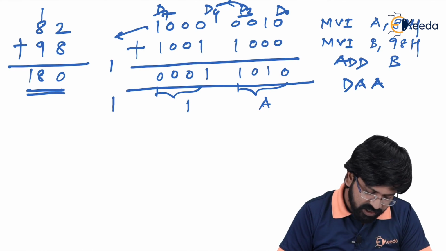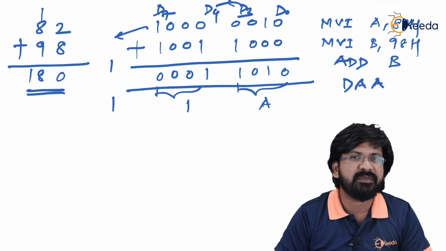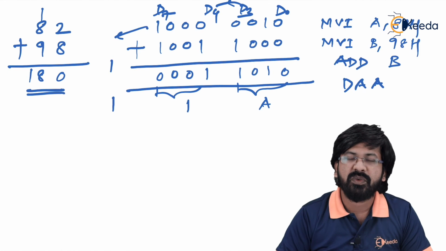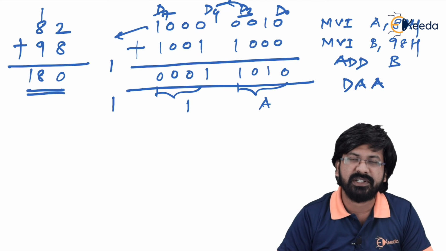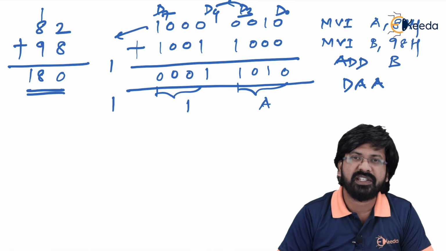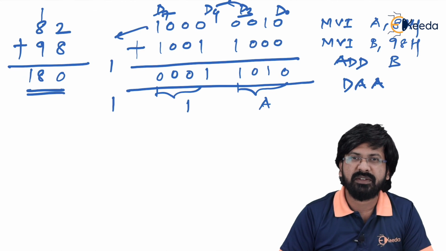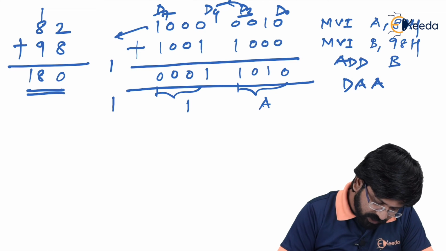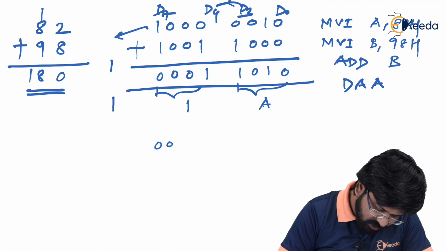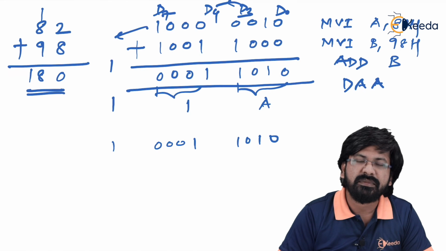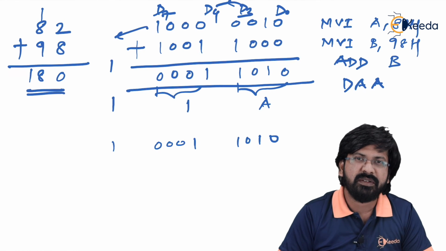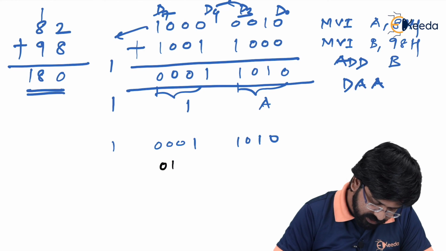The answer is no. It is 1 and it is not greater than 9, but at the same time the carry flag is 1. So even though it is lesser than 9, if carry is 1, then also it is invalid BCD. So in both cases you have to add 6 now. I'm going to add 6 with D0 to D3 also and D4 to D7 also. So what was the final result that we had is 0001 1010 along with carry flag as 1. This time I'm going to add 6 with both, so I'm going to add 6 here also and 6 here also.